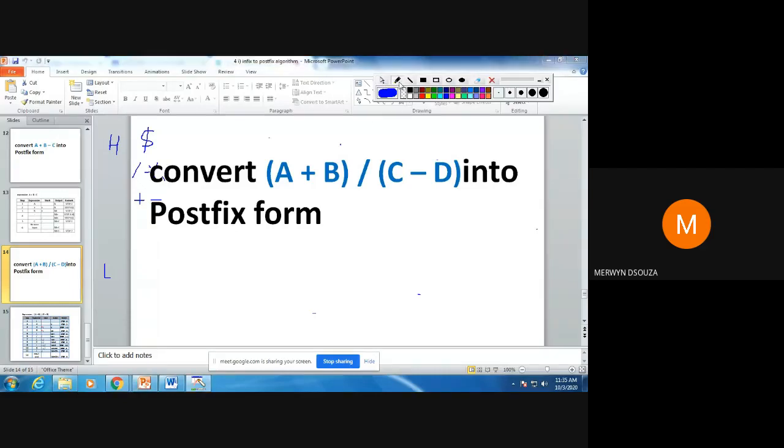Remember the priority of the operators as you are solving. Highest priority is for the exponent. Next highest is multiply and divide. And the lowest priority is plus and minus. Opening and closing parentheses are not considered at all in postfix, so they are to be discarded.